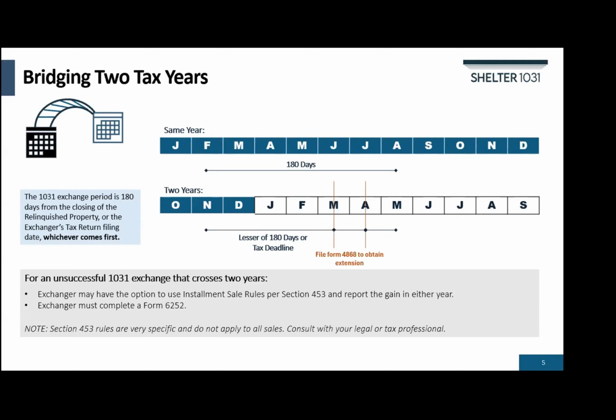Now let's suppose you initiated an exchange in 1 year, kept the funds with a qualified intermediary, and then failed to complete the exchange in the next year. In some instances, it is possible to treat the transaction as an installment sale, which may allow you to report the gain in the second year. The details for complying with IRC Section 453 are outside the scope of this webinar, but if you want to learn more about this solution, either talk to your tax attorney or contact me and I can provide more direction.